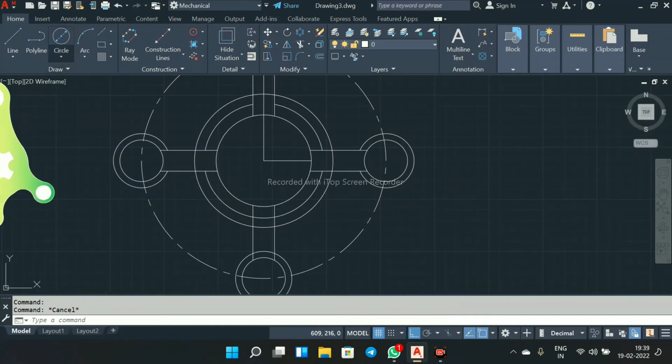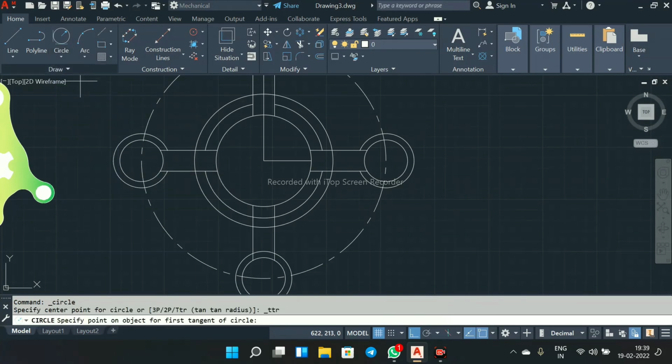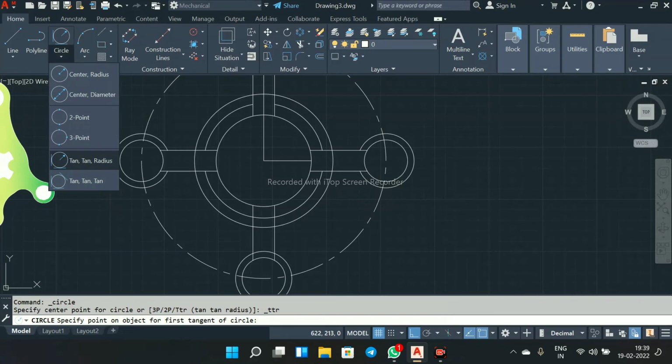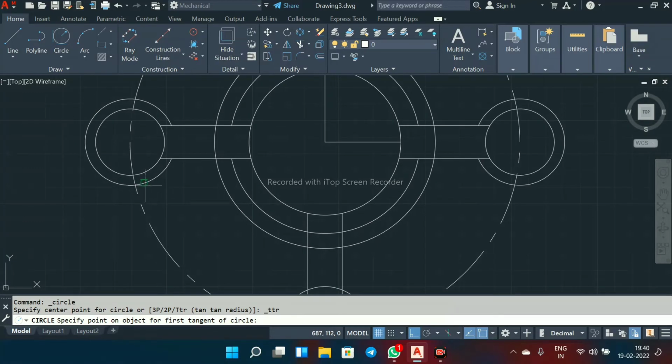Now again go to here TTR, that is Tan Tan radius. Underscroll this circle command and select here Tan Tan radius. Now select this point of circle to this outer circle and make 40 mm radius. So our circle is created, only just we have to trim it.